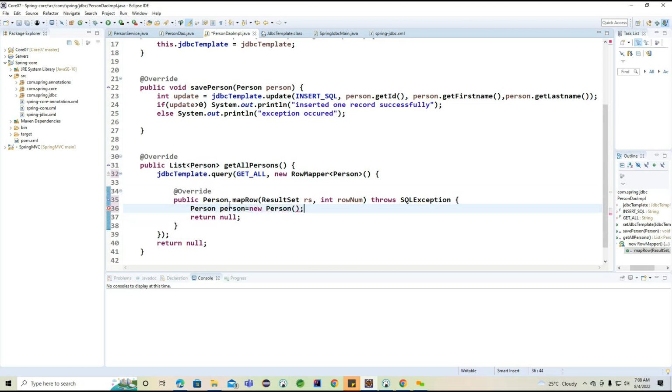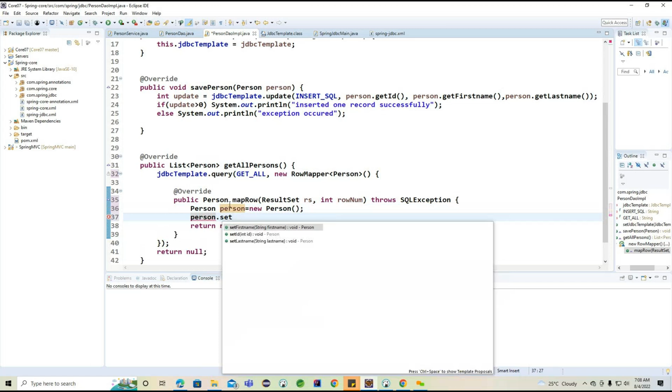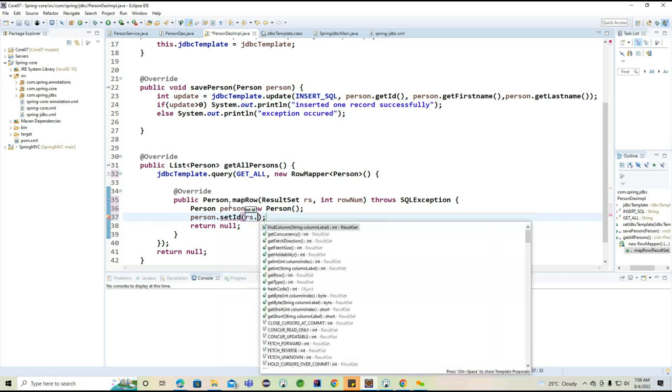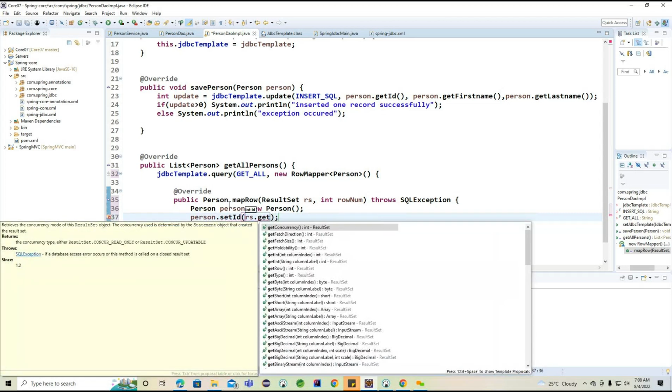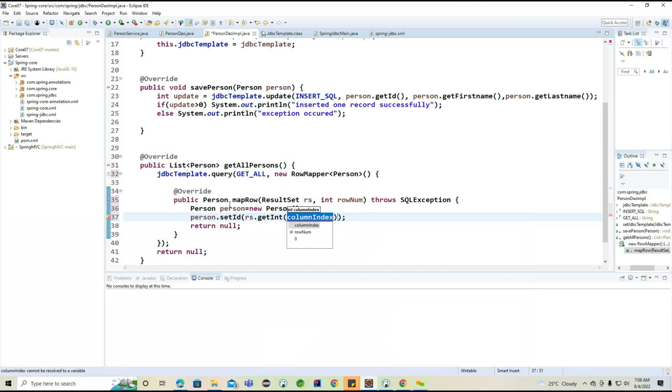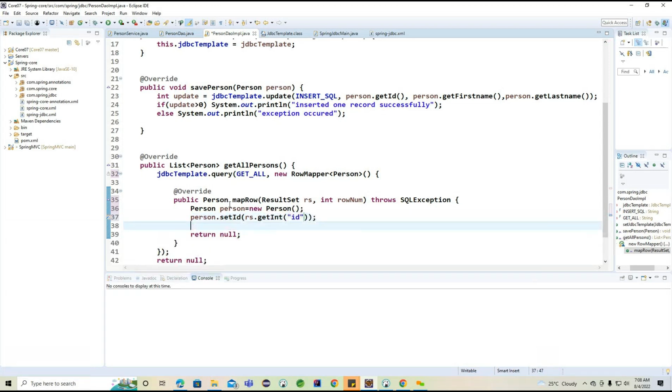Here I'm creating this particular Person object, and after loading this Person, we call person.setId. How am I loading it here? This is the ResultSet. Using this ResultSet, we convert into this particular object. So rs.getInt. Now what column index can we provide? Here we can provide this particular ID,